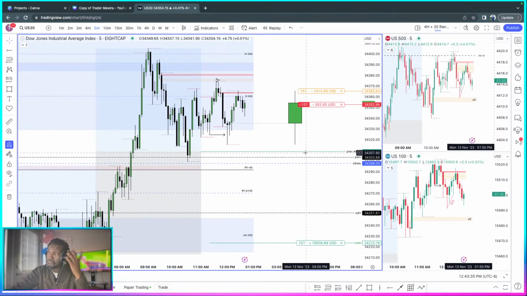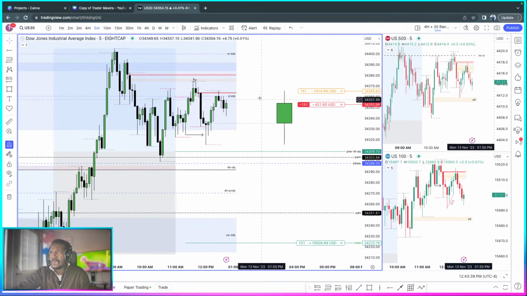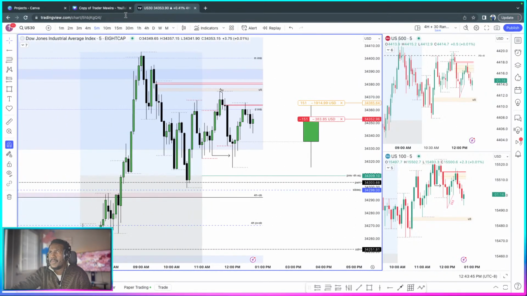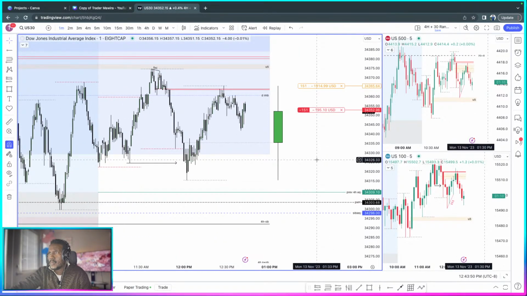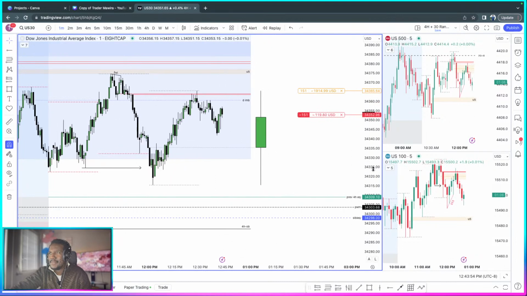So yeah, we should have seen it keep on going down. So my stop loss is just up there. The best place will be up here at least. So if that doesn't work, it's all good. We will restructure. Stop loss is just up there. We should have seen this thing keep on going down.